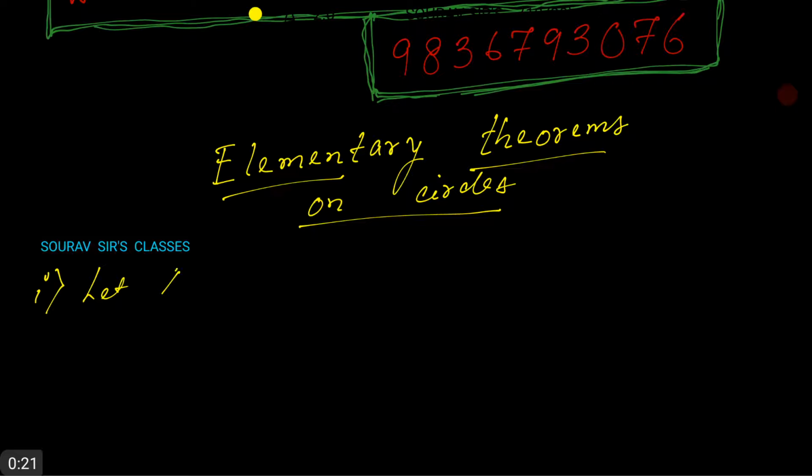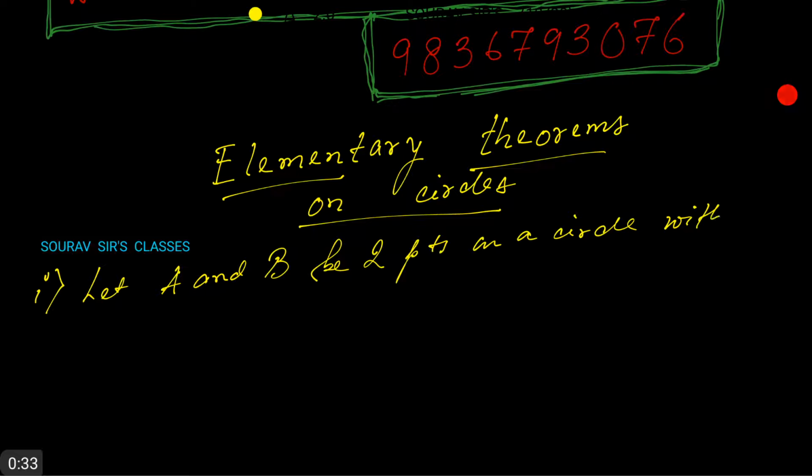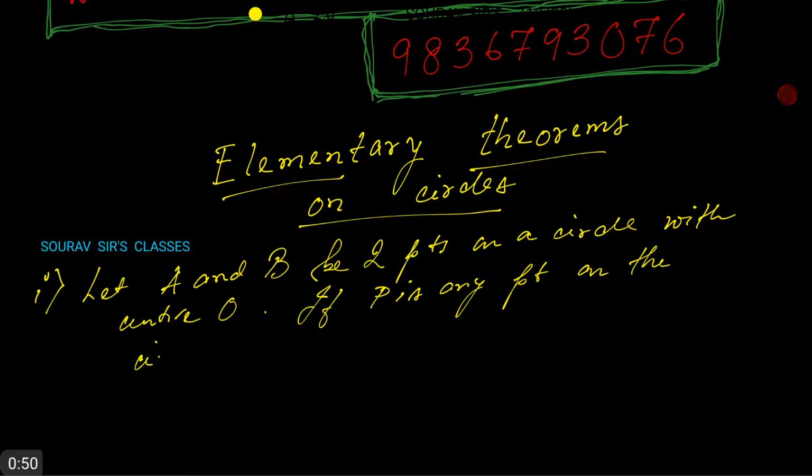Let A and B be 2 points on a circle with center O. If P is any point on the circumference of the circle